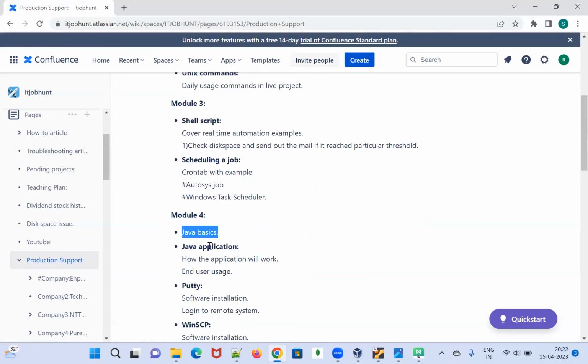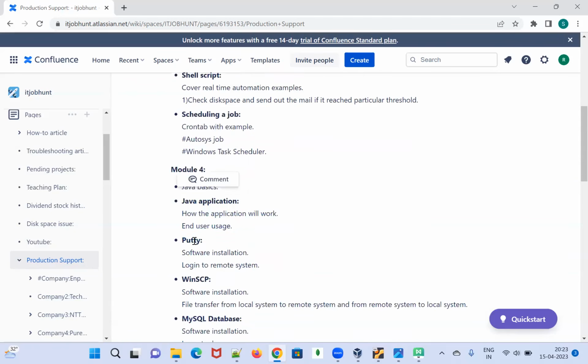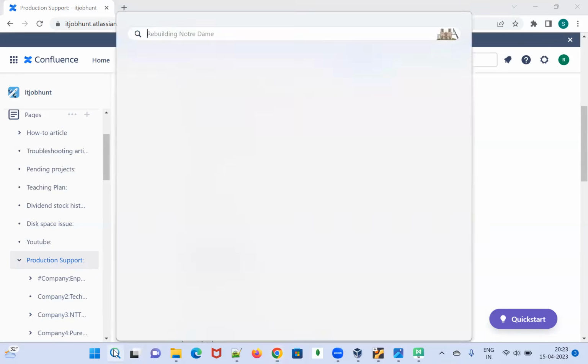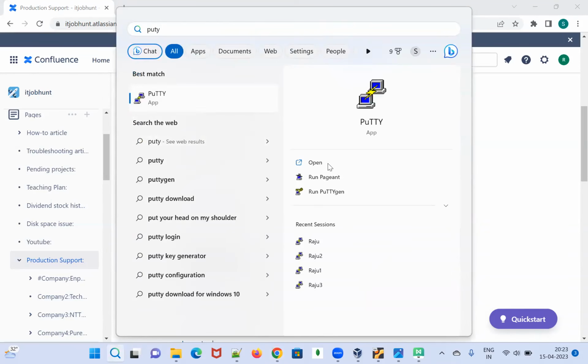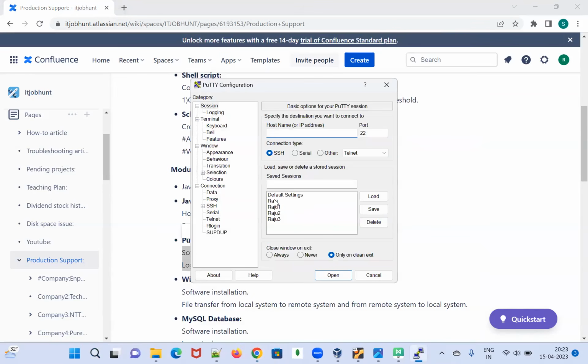Okay, Java basics I explained, and I explained the Java application also. This is the Java application project. I am going to explain it here. Okay, and PuTTY. Why we are going to use PuTTY, the software installation and logging into the remote server, I am going to show you. Okay, let me show you that PuTTY. I'll explain that to you. Okay,